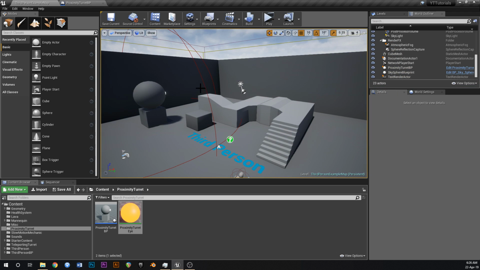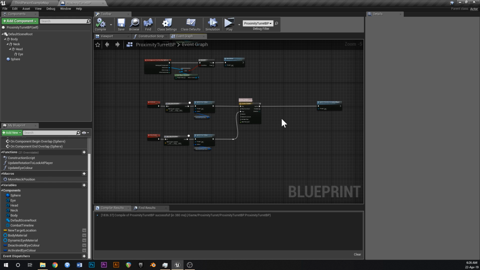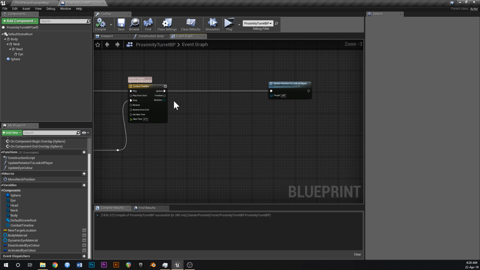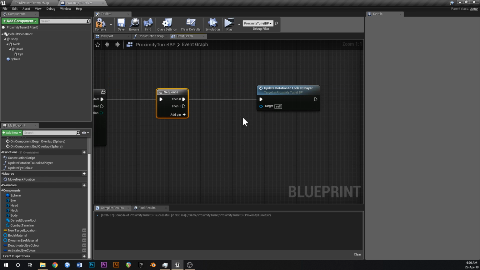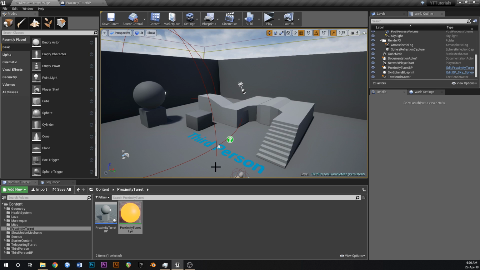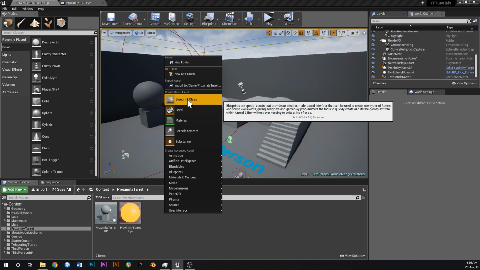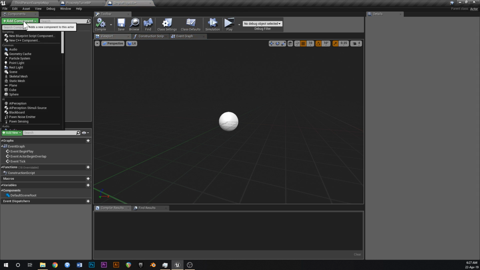Okay. Cool. So the next thing is we want to give this thing the ability to shoot, I guess, and then we're almost done. So off of update, add in sequence. This first one is just going to be looking at the player, and what it's also going to do at the same time is we're going to be shooting at the player as well. So we'll create a quick projectile, something super basic. Just right click in here, new blueprint class, actor, just call this simple projectile, like that. Add component,